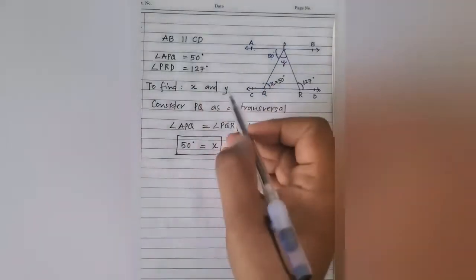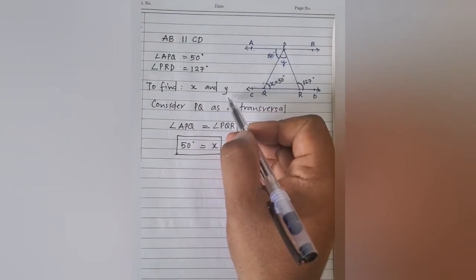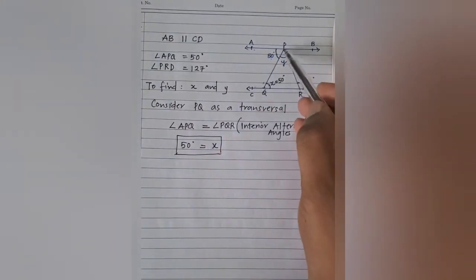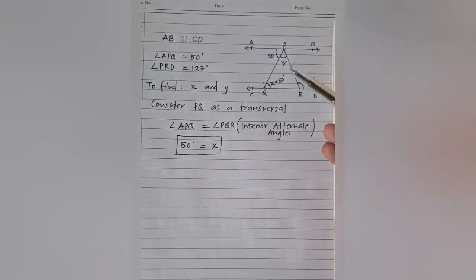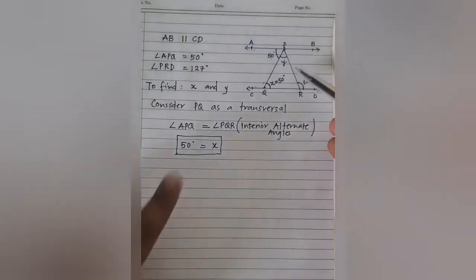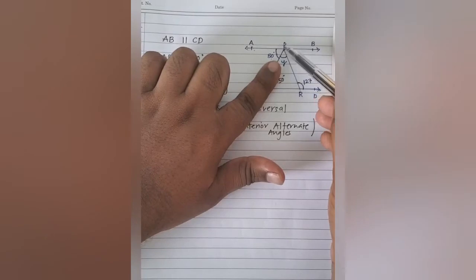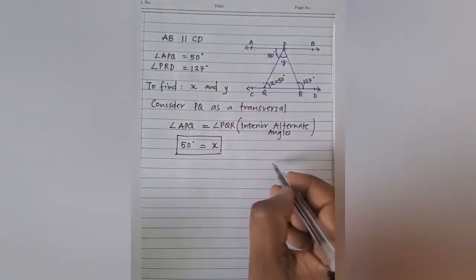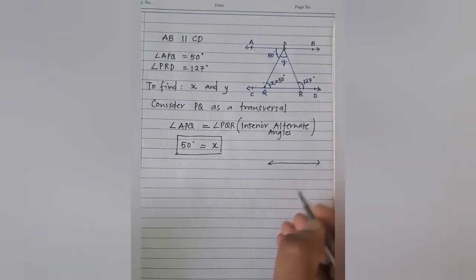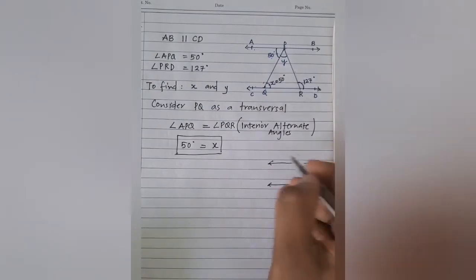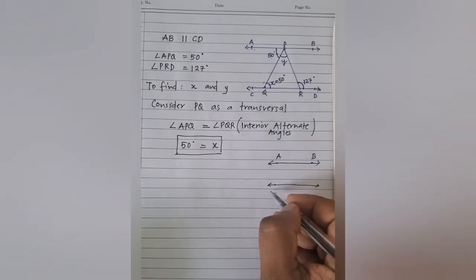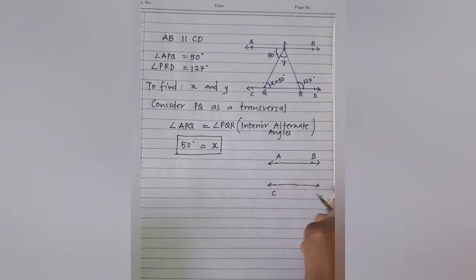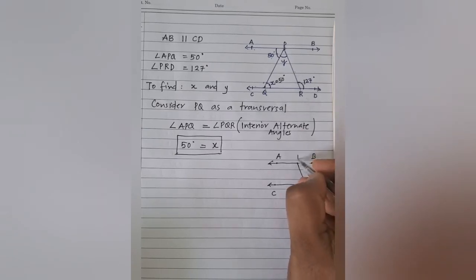Now, what is the next thing that we are supposed to find? That is find the value of Y. Now, PQ was the first transversal that we considered. Yes. Now let me take the next transversal. That is line PR. So I will not consider PQ. So what is the transversal that I have? PR. So if I try to put it in the figure, this is how the figure will look like. I have AB line, and below that I have line, say CD. And say this time I'm going to consider PR as a transversal.